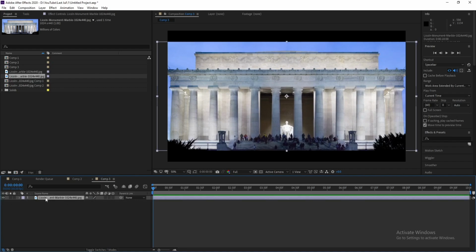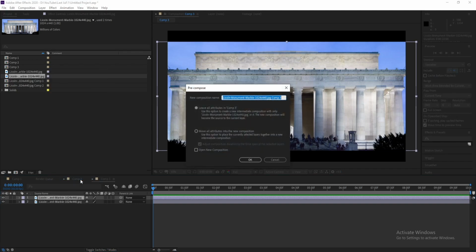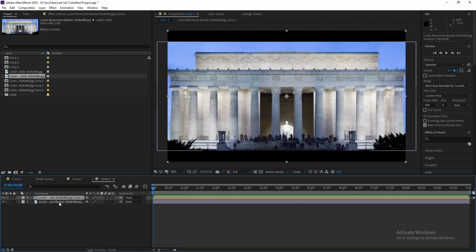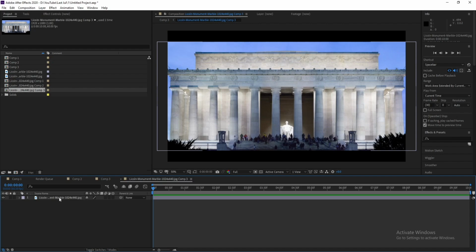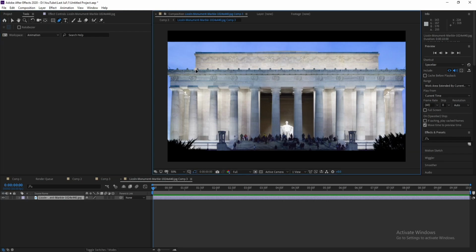Okay, now Control Z to copy and go to the first one, right click and pre-compose and make sure that you are on move all attributes into the new composition, then it's okay. Yeah, very good. Now double click and I'll go to this building and I'll go to tools, pin tools, and